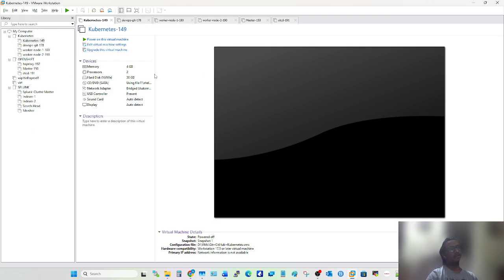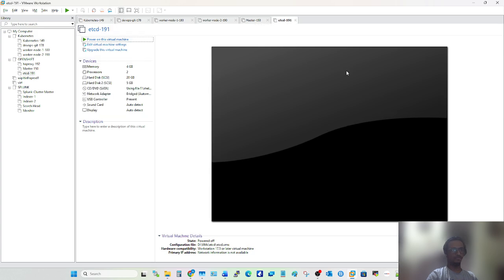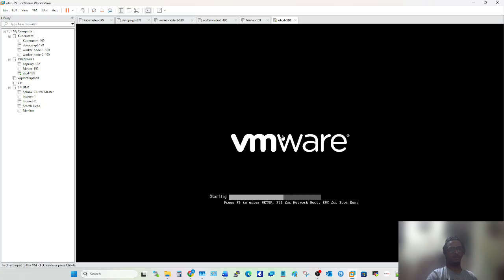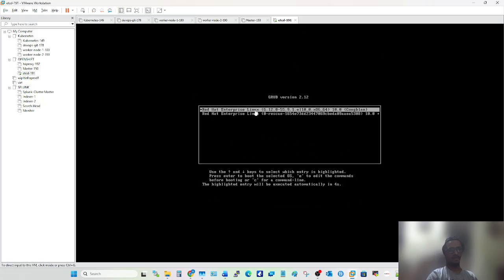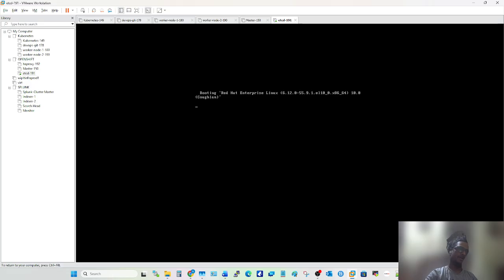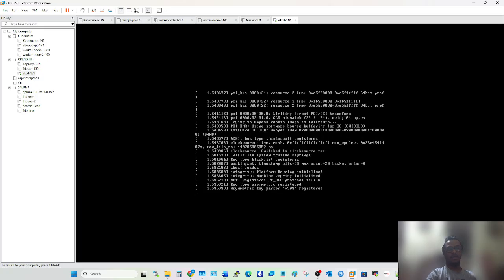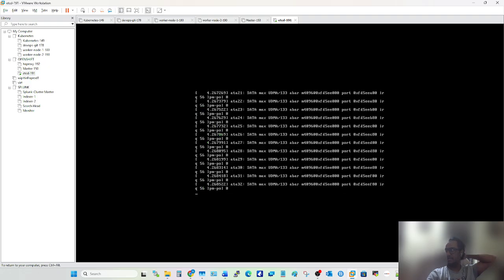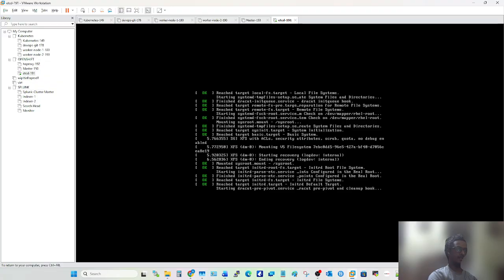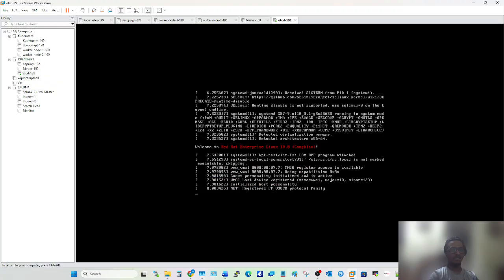The operating system I am going to use here is Red Hat Enterprise Linux 6. I'm going to use this operating system here. The current operating system in the market is Red Hat Enterprise Linux 10. It's a very old version, I guess.